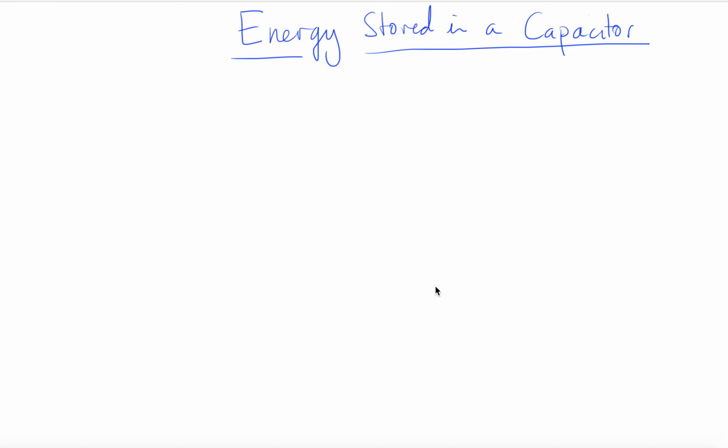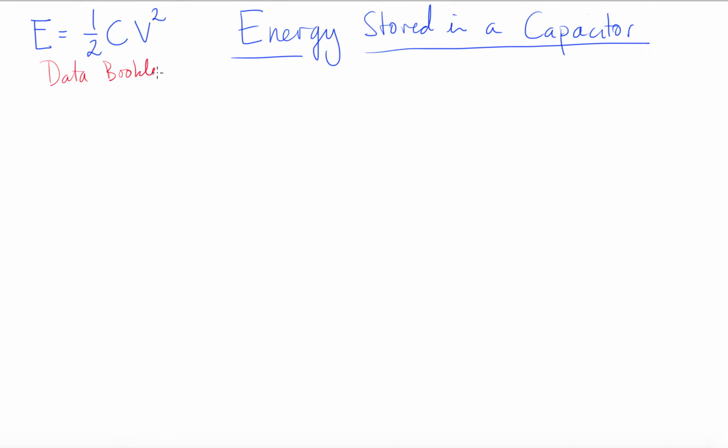In this video I'm going to attempt to derive the expression for the energy stored in a capacitor. And if you don't want to follow the derivation, then the formula is just given in your data booklet as being E for energy equals 1/2 times capacitance C times the square of the potential difference. That's given in your data booklet. Okay, but let's start off for the derivation